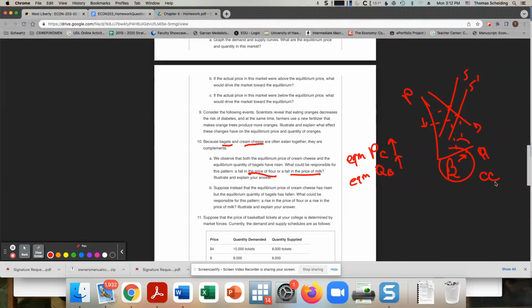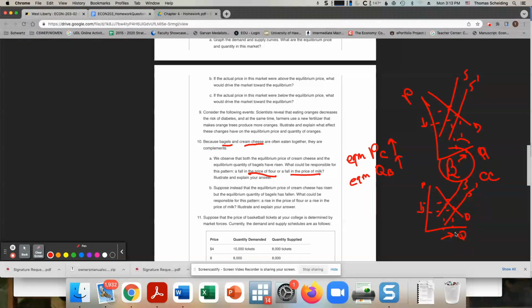What about a fall in the price of milk? In that case, here's my demand, here's my supply. A fall in the price of milk will cause this to go down. Now people will have more cream cheese, which would presumably mean they need more bagels. But see, one of the problems here